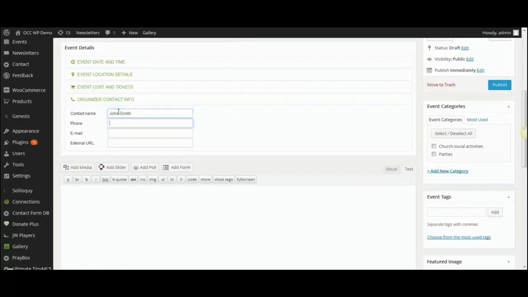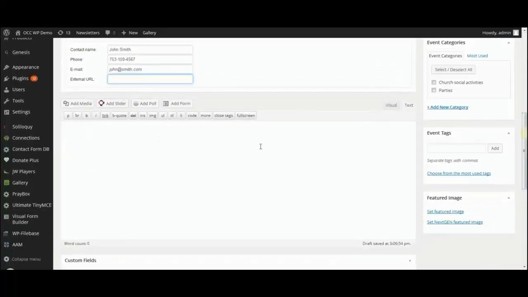John Smith, and the phone number. An email address. And if there would be an external website or URL you wanted to put, you could add that there. At this point, you go down to entering any other details that you want to include for this particular event. So for this, we're just going to type